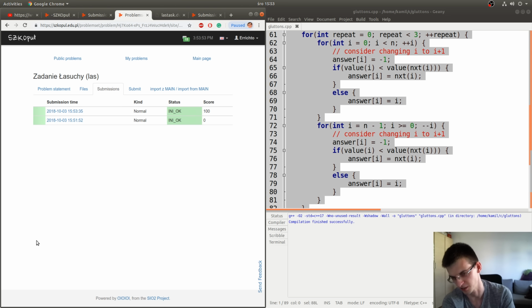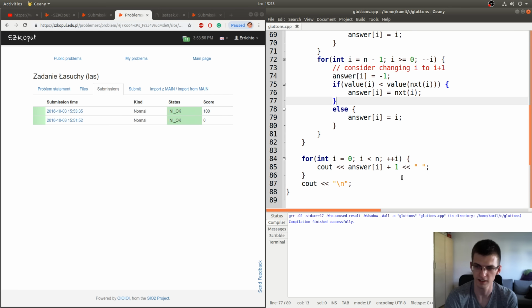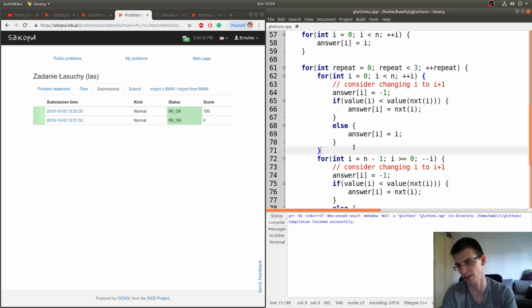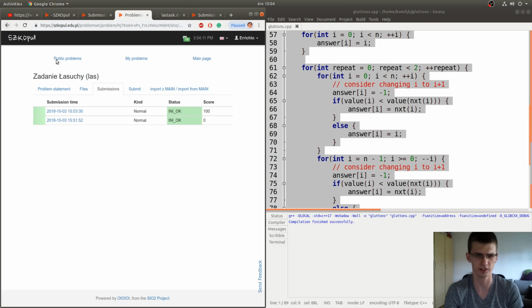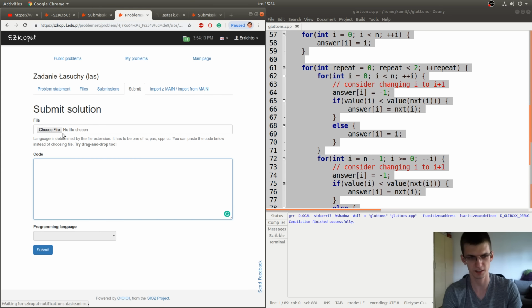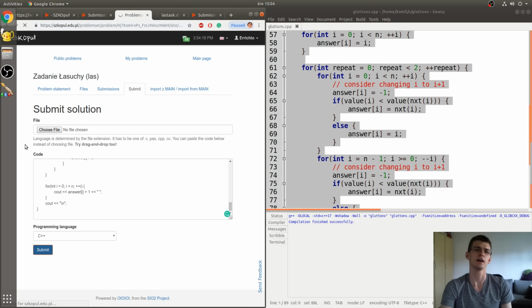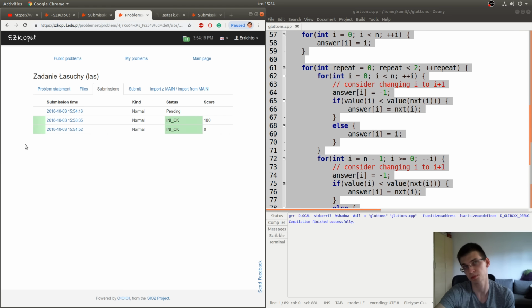And we got 100 points, hooray! So apparently either tests are weak, or after this change it's then okay. So we consider both directions. My guess is that 2 repetitions would be enough already. Let's see, at least to pass tests. I also wonder whether this is indeed a correct solution. So later today I will check it for random tests. Like with millions of random tests, we can be more sure.